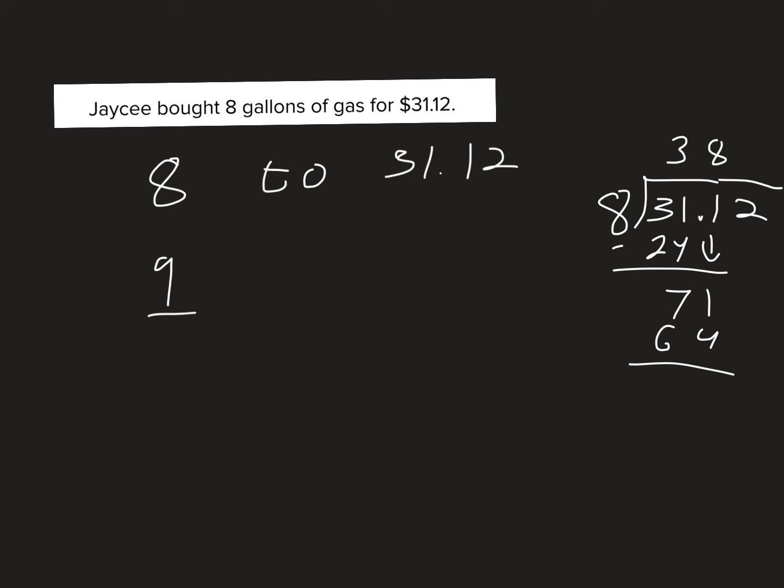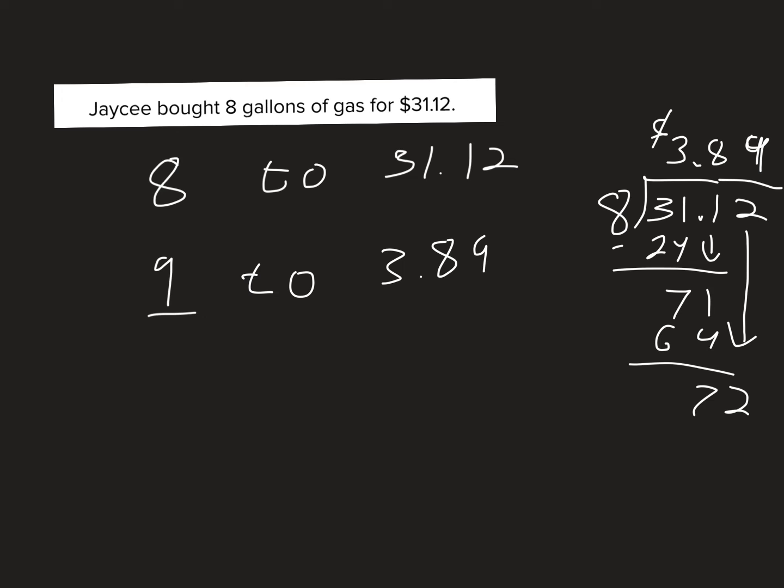And I have 7 left over. Bring down my 2. 8 times 9 is 72. $3.89. So for every 1 gallon, there is